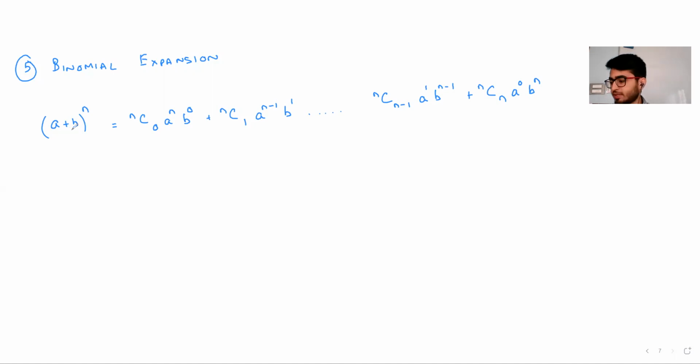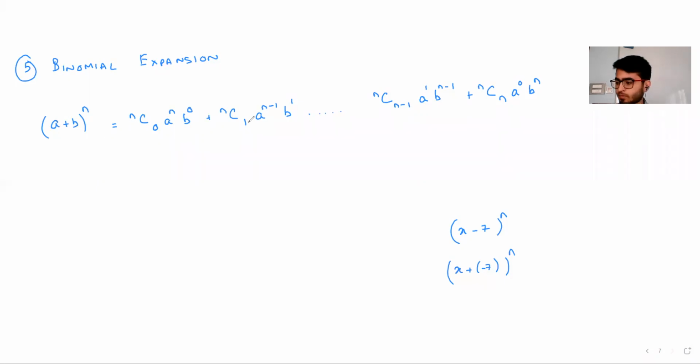Note that if you want something like (x minus 7) to the power n, you just need to remember one formula, (a plus b) whole to the power n. You can think of this to be (x plus minus 7) whole to the power n. So instead of a, you will have x, and instead of b, you will have minus 7. So you do not really have to see how the negative positive sign would vary. You will see there would be an alternating structure, plus, minus, and so on. But you just need to bring everything in this form, and then you can expand this.